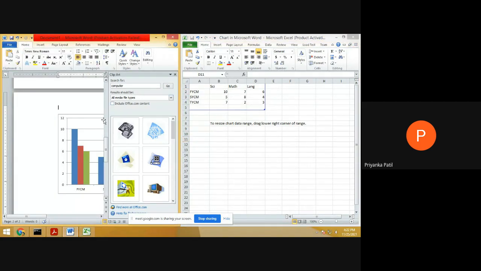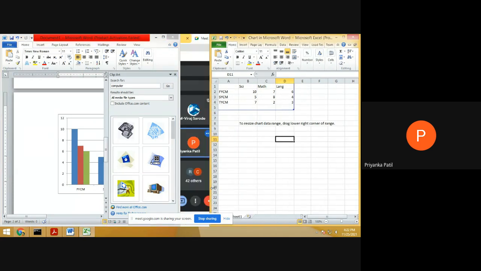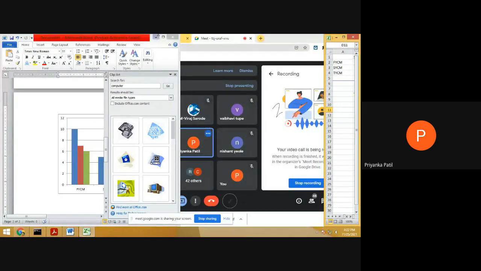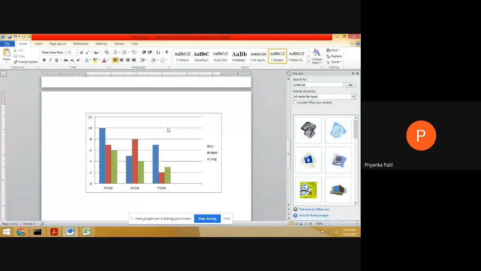So here is the reflection. The science is represented with the help of blue color, mathematical subjects with the help of red color, and language with the help of green color. So it is the representation of the chart here.